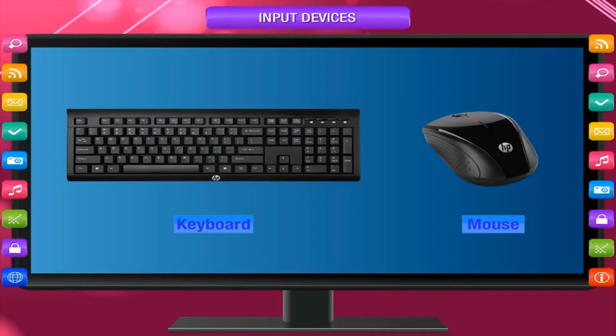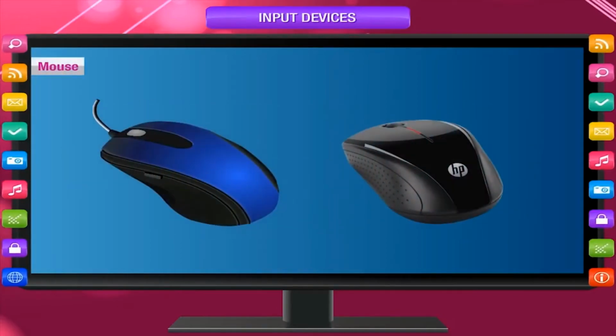Let us learn about more input devices. Mouse. It looks like a small mouse. A mouse is used to take input from Graphical User Interface or GUI. It is a point-and-click device. It helps us in selecting the desired option from several options available.